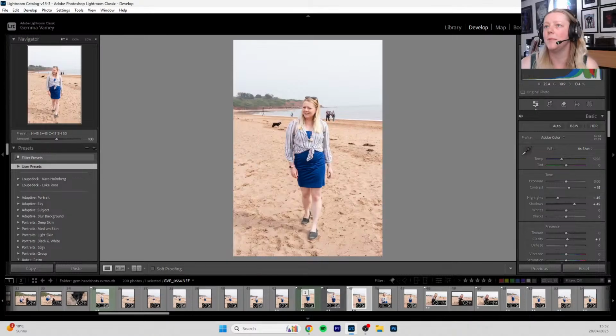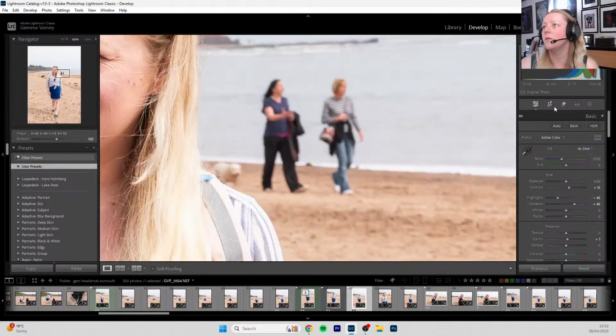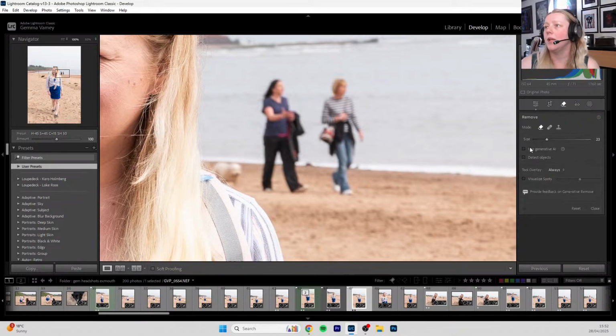So if we want to take these people out, one of the ways that we can do it is using this remove tool. When we click here, we have use generative AI, we have detect objects, and we could tick these. This would generally give us a better result, but it can take ages to load the results because it's using the cloud, it's using AI. It can take a while, and because I'm streaming as well, that might also slow it down. So let's just see what we can get